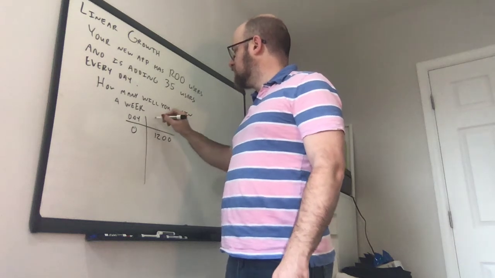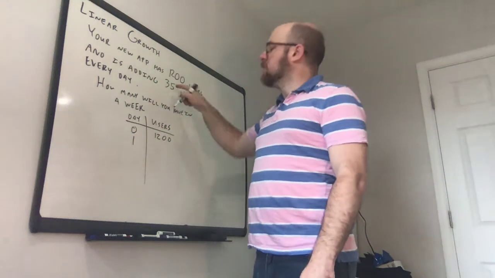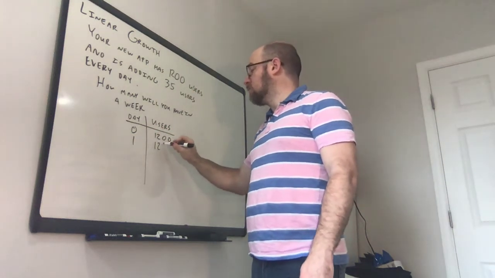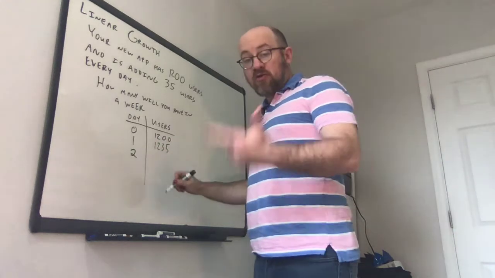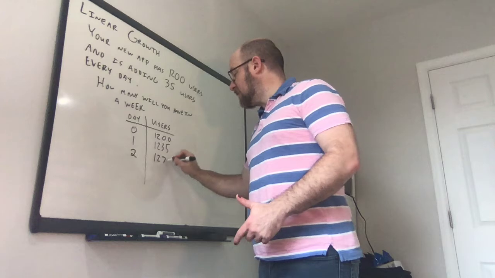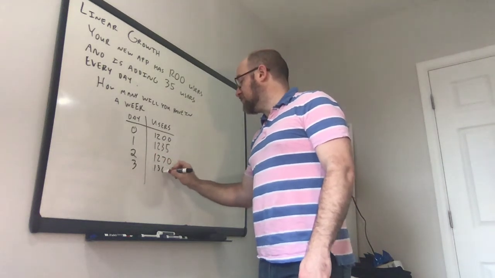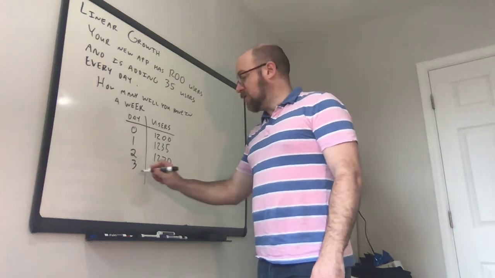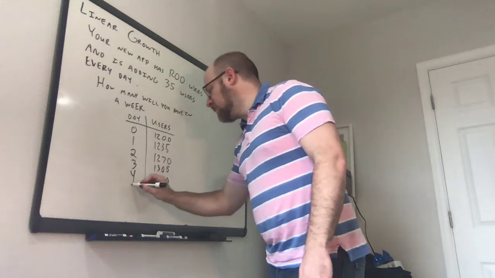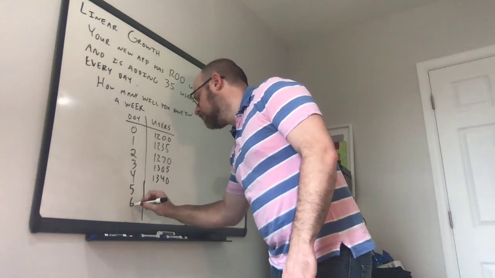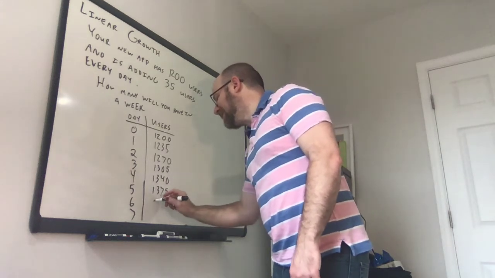You have 1,200 users when you start off. On day 1, you're going to have 35 more. So 1,235. On day 2, another 35. So 1,270. On day 3, another 35. So 1,305. On day 4, another 35, so 1,340. And you can continue this pattern out to day 7, which would be a week away, and see very easily